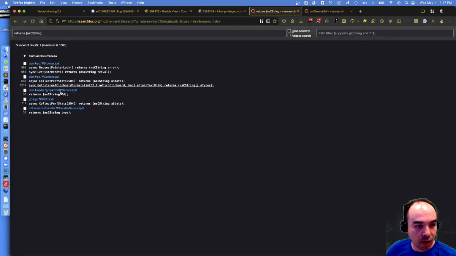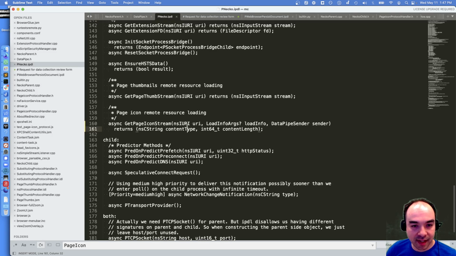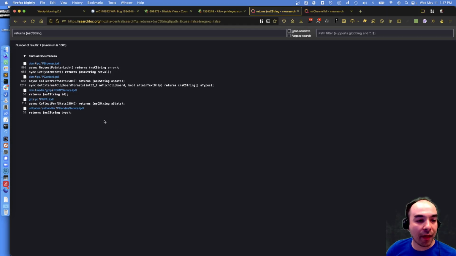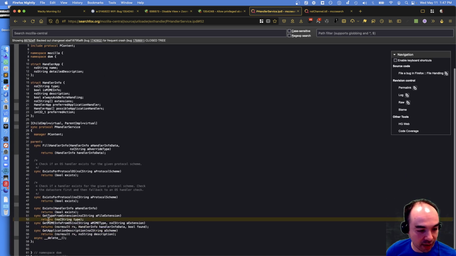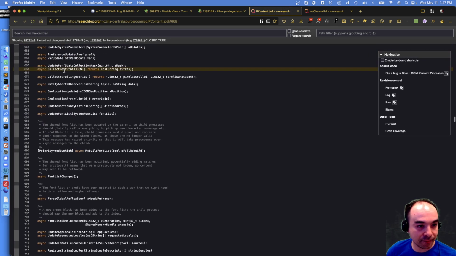Because if we look at pnecho, we can see that this thing returns an NSI input stream. It's an async method. Oh, I think that's the difference. That's why I was looking at this one. This is a synchronous function, and so when it returns, we can just write into the value. This is async, meaning I think we have to do something slightly different, like collect perf stats JSON. Let's look at this one.